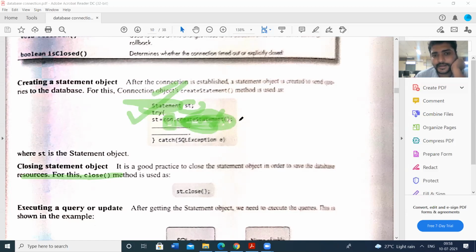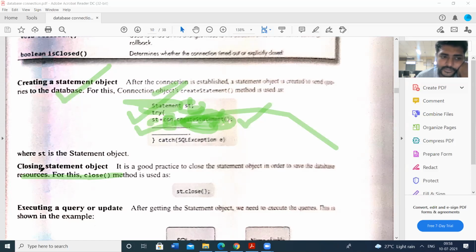We can place the writing of the SQLs in the try catch blocks, because there is a possibility of some exceptions. Then we have to write the statements in the try catch block. Here, st is the object we have created for the SQL query. After writing the SQL query, we will execute that query by using execute or execute update. Like that, we can execute the queries.